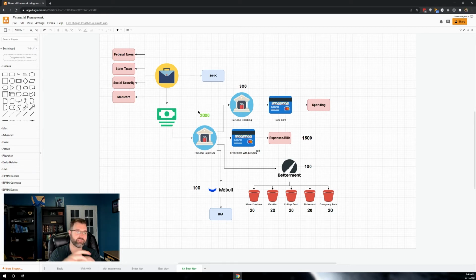We can pull that out to a separate account and make that a process where we have money available for spending. So what I'm going to do is actually split this money real quick. Right now, when we first get paid, we're going to have $2,000 coming in from the paycheck, which goes to our personal expenses. What we're going to do is take $300 of that, which is about 15% of our paycheck, and that's going to go to personal checking, which means instead of having $2,000, we've got $1,700 left